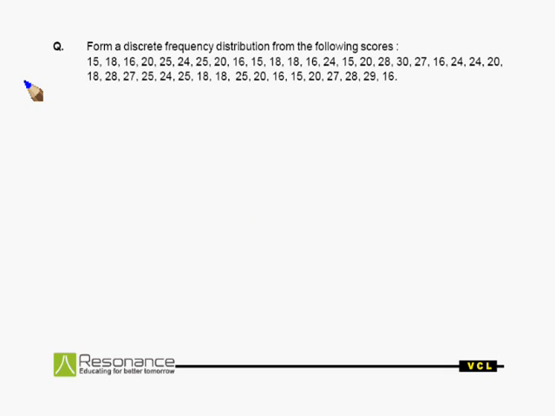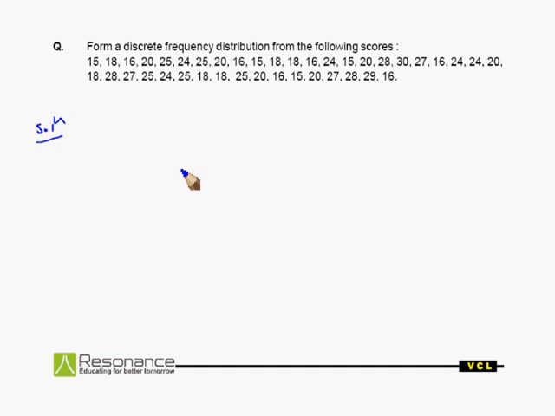Now first of all, see how we can draw a table. We understand this by taking an example. Let's say: form a discrete frequency distribution table from the following scores. These scores are given to you, and we have to prepare a frequency distribution table. The scores are 15, 18, 16, 20, 25, and so on up to 16. For preparing frequency distribution tables,